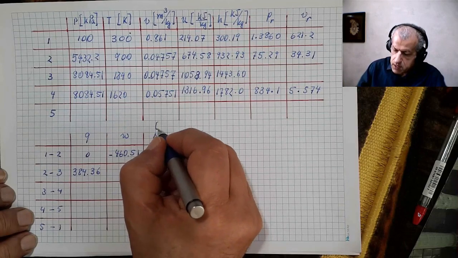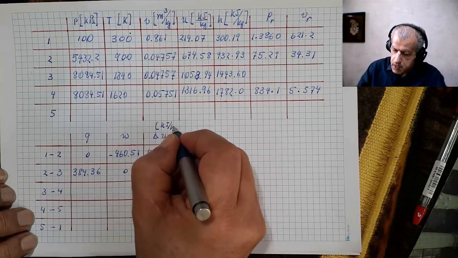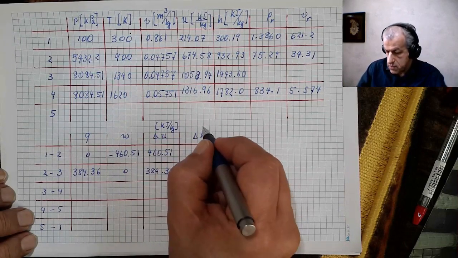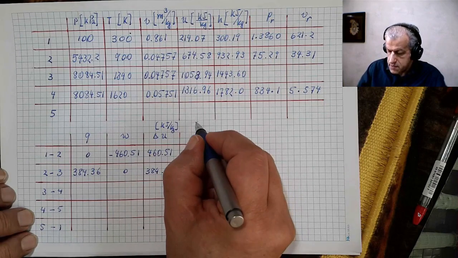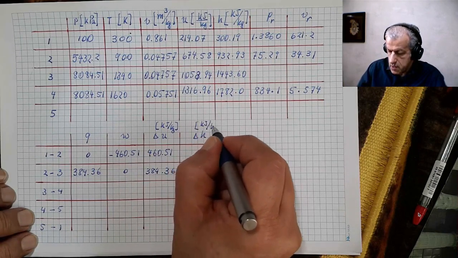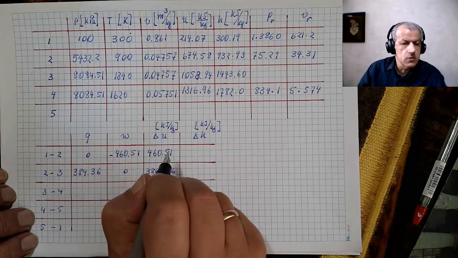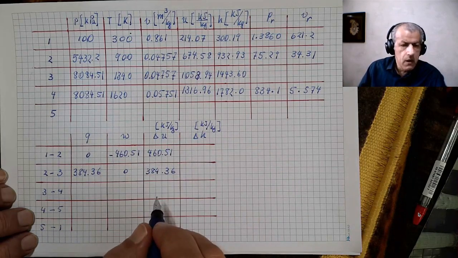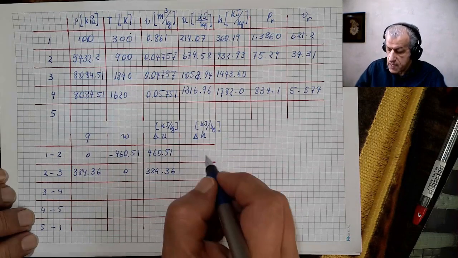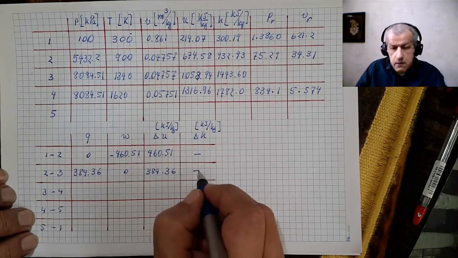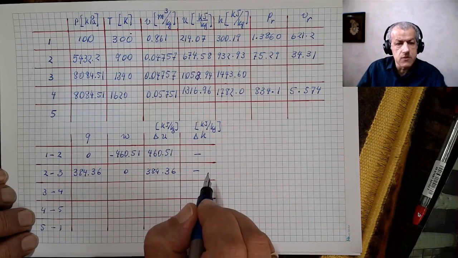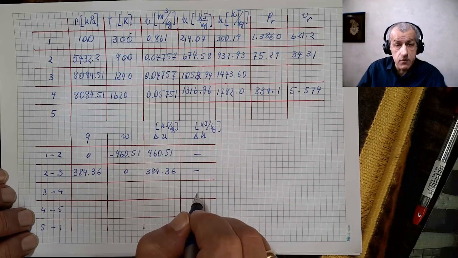The unit here is kilojoule per kilogram, and the unit here is also kilojoule per kilogram. Both units are kilojoule per kilogram. Of course, delta H is irrelevant in these two cases. It's only relevant for process